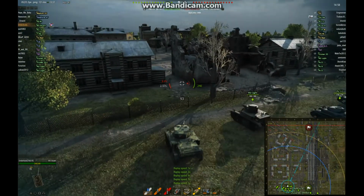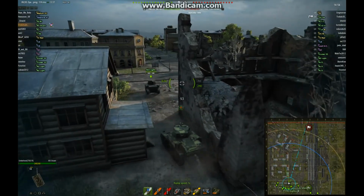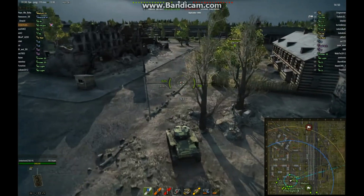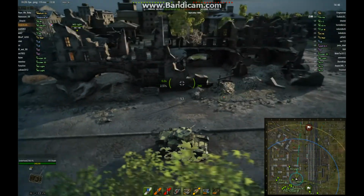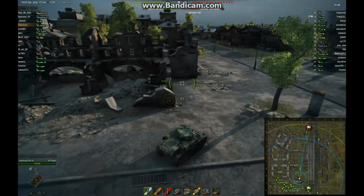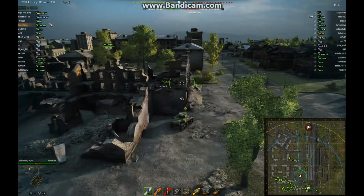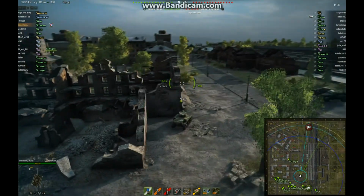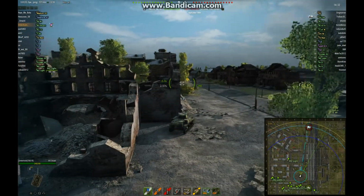Move out. The map is N2, our tier 3 M3 Stuart. Now we've seen the performance in a tier 4 match, and we've seen it struggle with some tier 4s, but what about when we're the top tier? It's a tier 3 game, and there are a bunch of tier 2 tanks in this game as well. There's only five tier 3s on the enemy team, so we've got a pretty good chance to do well, and considering the crew's only 75%,